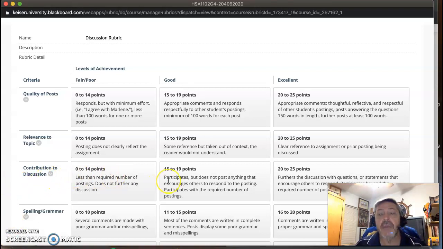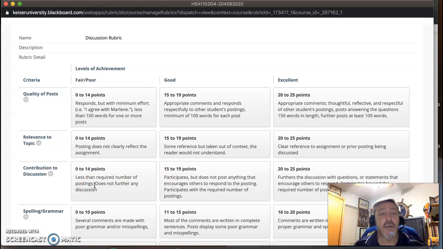Relevance to the topic. If you are not on topic when you answer the discussion question, I will let you know that you need to go back to a certain chapter and review a certain paragraph to find the answer to this. I'm not going to tell you where it is. I'm going to tell you to find the specific paragraph. Then it's up to you to go back and find that. Look for those responses from me to get you back on track. As long as you answer the question correctly, you should not lose points on that.